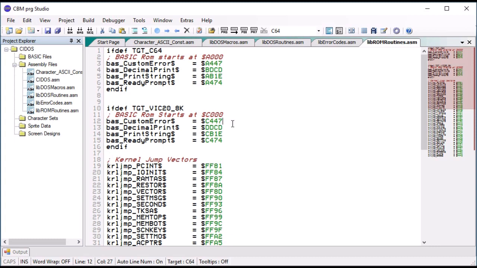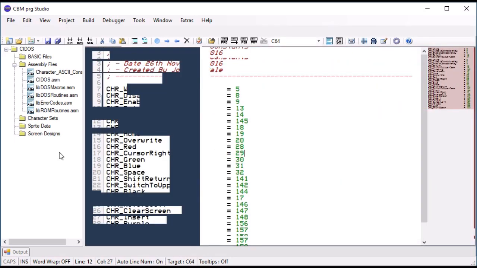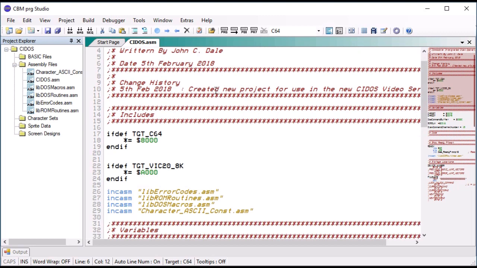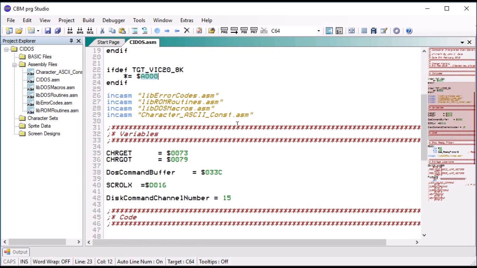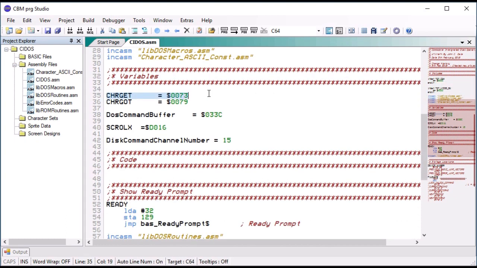So we're going to end up with one piece of source code but two systems it will be able to run on. And then the main system, the main file is going to be this CIDOS. So here we go, written by me on the 5th of Feb, created the CIDOS thing. So I'm now saying if the target is 64, we're going to start at 8000. If the target is VIC-20, we're going to start it at 8000. We're going to include the assemblies of all the constant files. We set up some variables, so we're using the basic command line